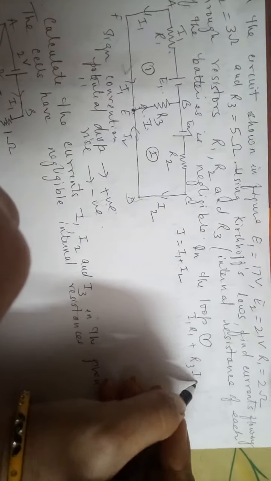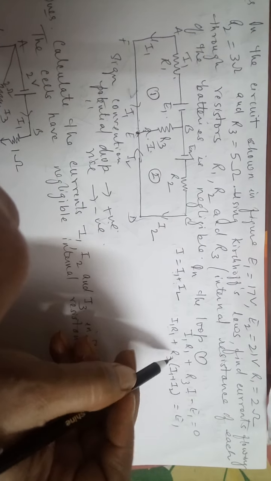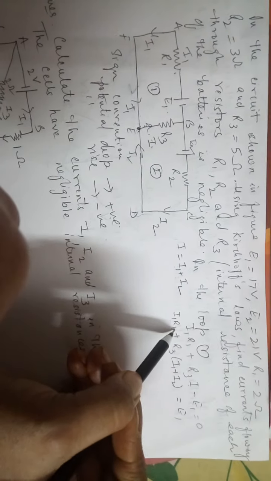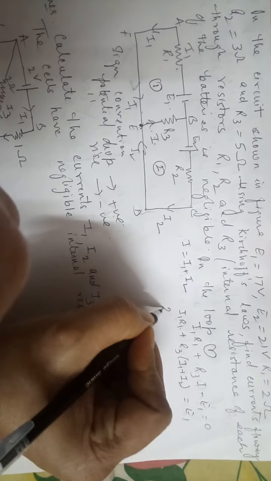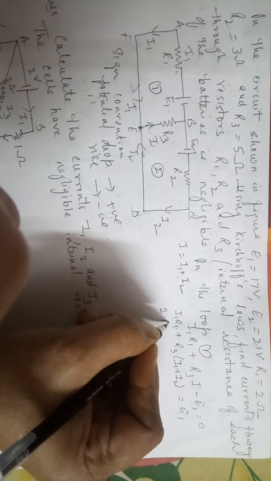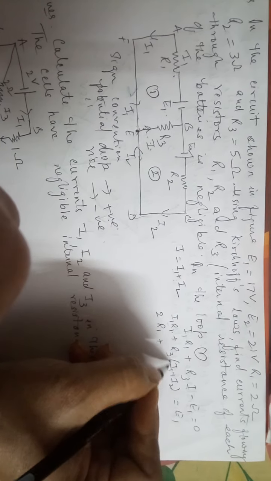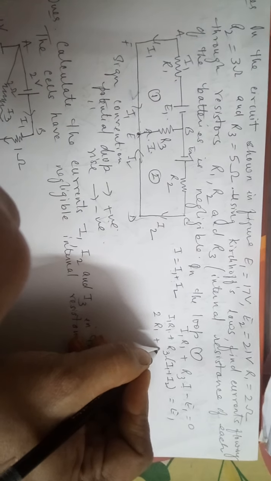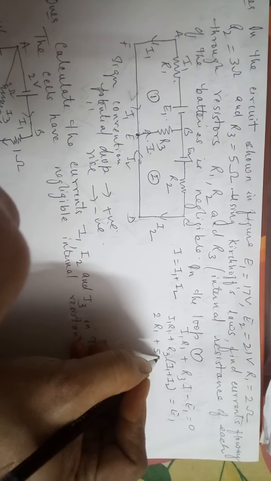We will write I1 R1 plus, let us substitute for I is equals to I1 plus I2. So this is R3, I1 plus I2 is equals to E1. Now in this context, we can very well write this equation as, let us substitute the value for R1. R1 is 2 ohm, so 2 I1 plus, here we can write R3 is 5, so 5